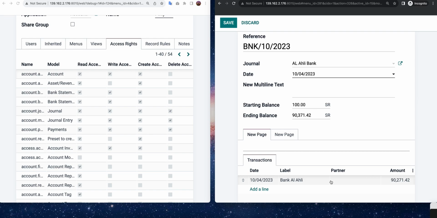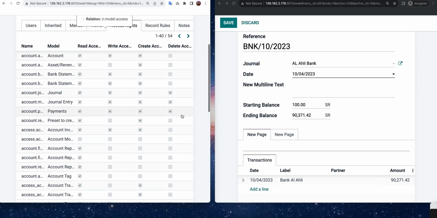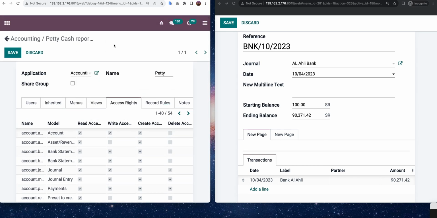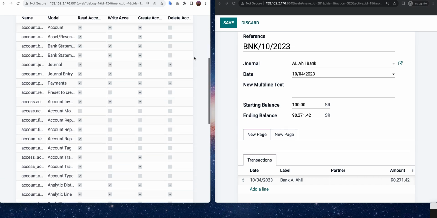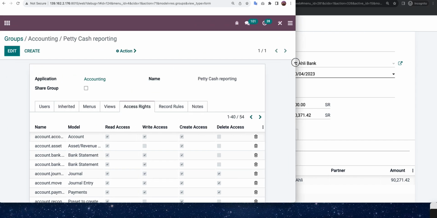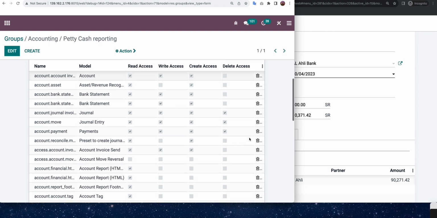We want to give this user, who can only make a bank statement, no other job. So for that, on the admin side, we have access rights. In this access right we have some columns. If we do not need any column, then we can simply delete those columns. If I make it a bigger size, then the delete option also comes. You just need to